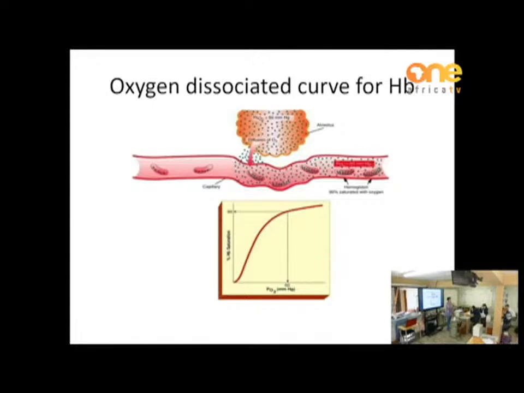It must break this bond. So, the vertical axis shows the percentage saturation of hemoglobin with oxygen. The horizontal axis shows the amount of oxygen available in the surrounding medium. The dissociation curve, please follow in your book, because that paragraph you must